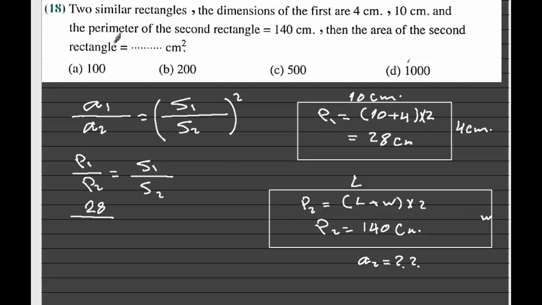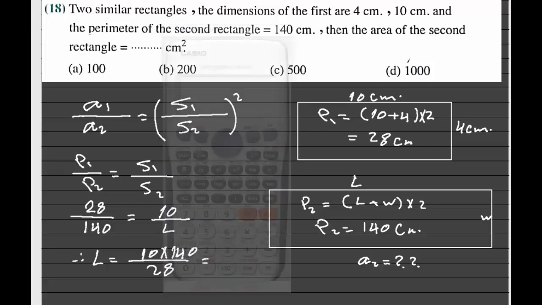and P2, the parameter of the second one, equals 140, equals S1 over S2. What is the length of S1? It is 10. What is the length L of the second rectangle? So L equals 10 multiplied by 140 over 28,